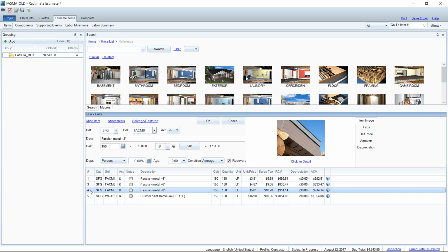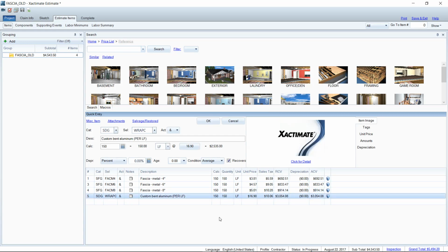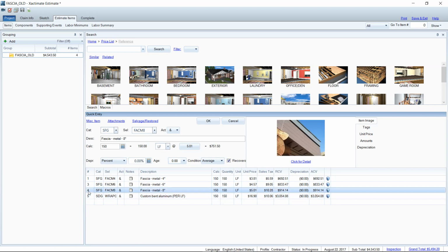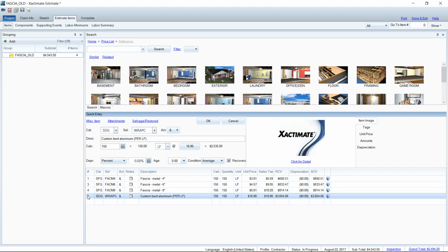Going back to this fascia metal issue, we're used to using the custom bent aluminum line item for those of you that bring your own coil on site and actually bend the metal to fit the existing fascia. So that is why custom bent aluminum has been used. And of course you can see on my screen there's a great pricing disparity between the two. One is pre-bent in a factory, pre-molded, ready to go. The custom bent aluminum is a custom line item. It is the time and effort and waste on materials that it takes to actually form fit that to the